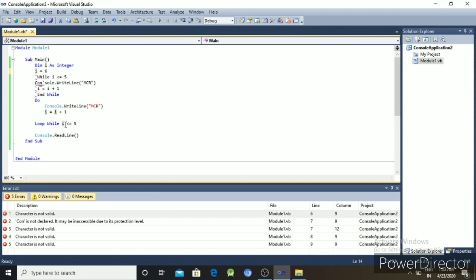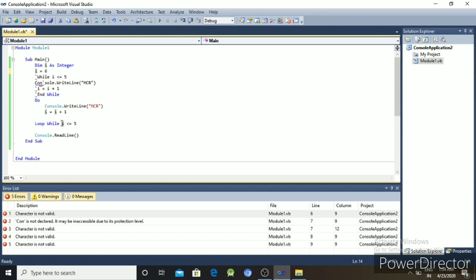In the do while loop, the body executes a minimum of one time, but while does not execute even a single time. So this is the basic difference between the while and do while loop.